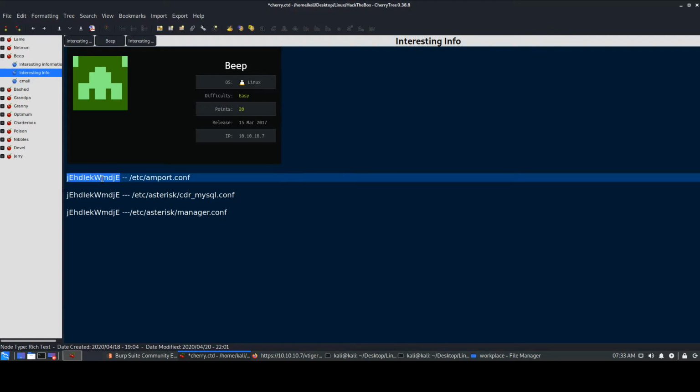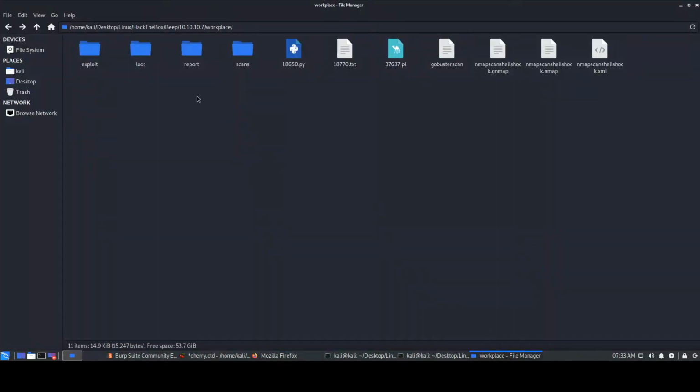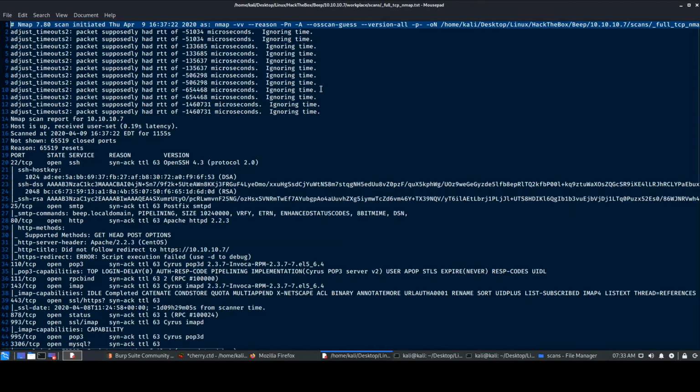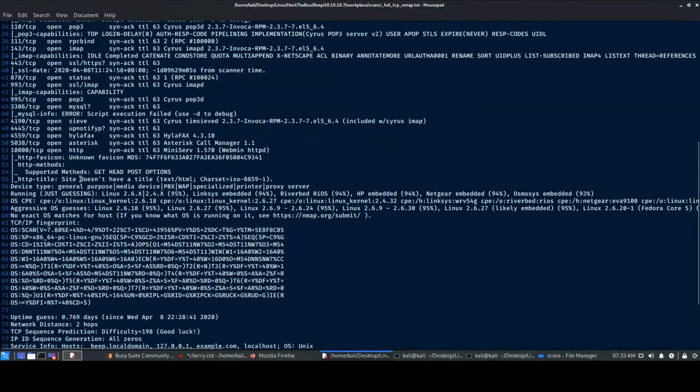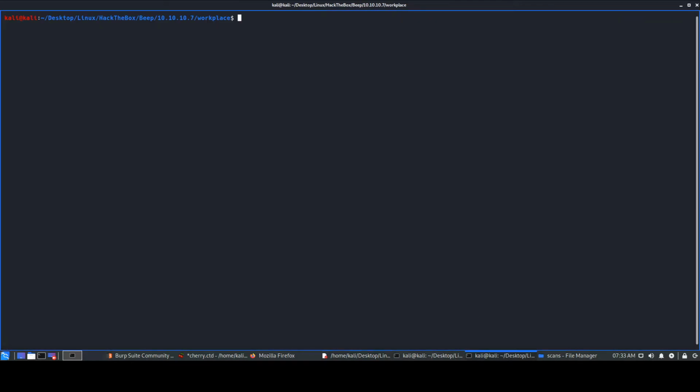So whenever you have a password, you just try to log in first, and you can probably go and log in to the web application. You can try that, and the password works over there. The other thing you can do is look at the scan results, the full TCP Nmap scan. There are multiple ports open, right? One of the ports is port 22, and that is the SSH service running over here. That means we can log in to the target machine using SSH. So probably we first try to log in using SSH.